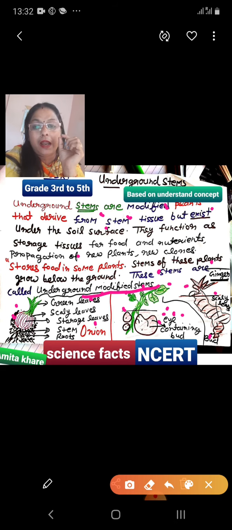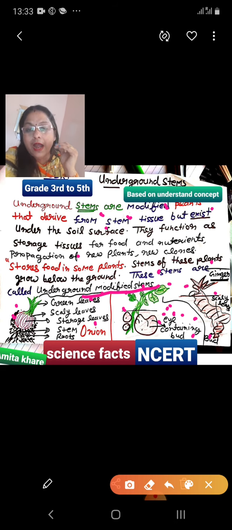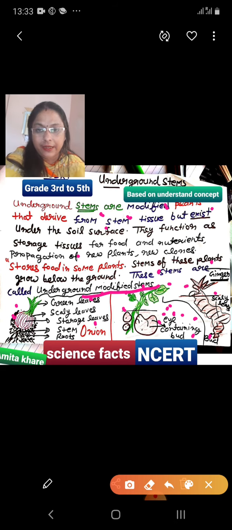The second diagram we will take is potato. Potato has some points, and these are called eye-containing buds. This black spot is shown on your screen. This is an eye-containing bud. In other words, the eye is a point, a round structure found in potato. This is called a bud or eye-containing bud. And this is a potato. Potato is an underground modified stem because it stores food and we eat it as a vegetable.